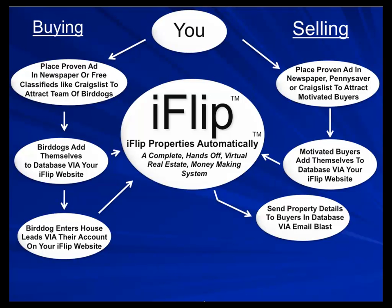Asking $129,000. And then in that message, you might want to put in there, "Hey, I've sent this to all the buyers on my list, so if you're interested, let me know right away because I'm sure this will sell quickly," and watch what happens. You compose one message, send it to some or all of the buyers on your list. So the time it would take you to send the message to one person on your list, you can send it to all the people on your list, link them right back to your website,